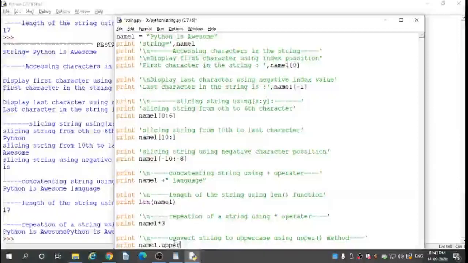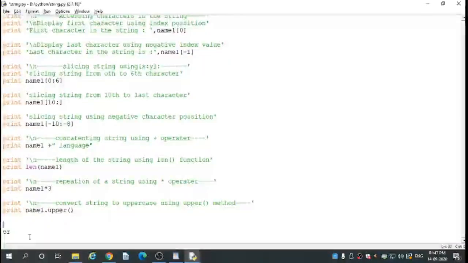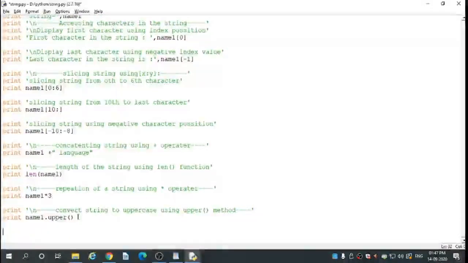Uppercase completed. Converting the string to uppercase using upper method.